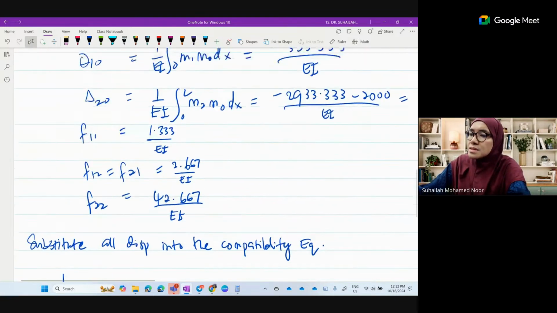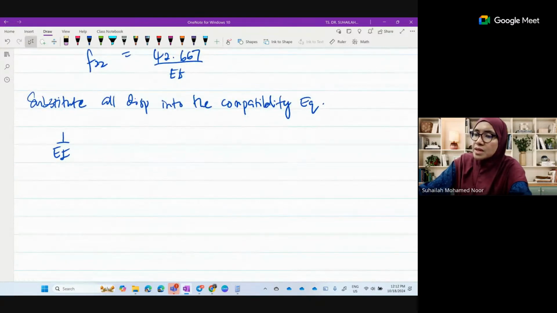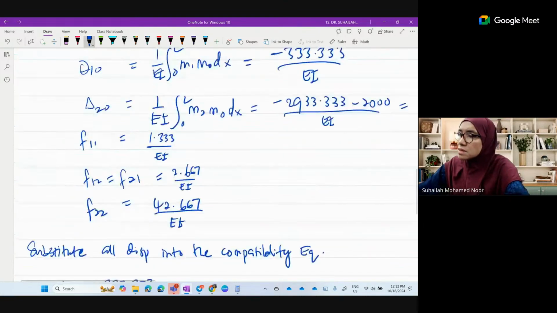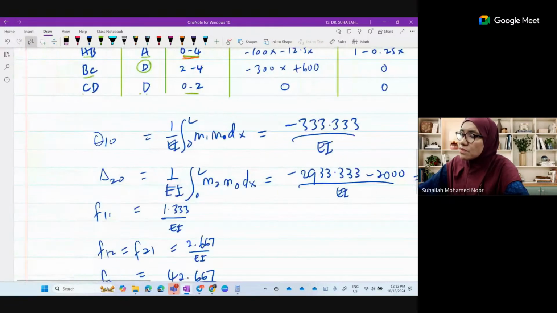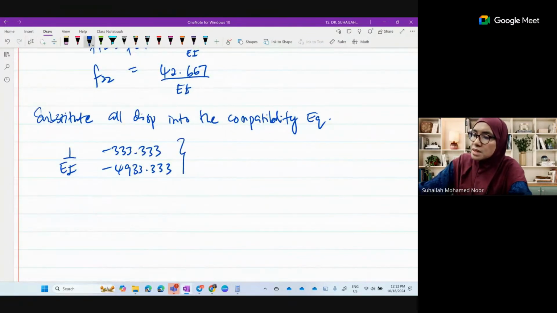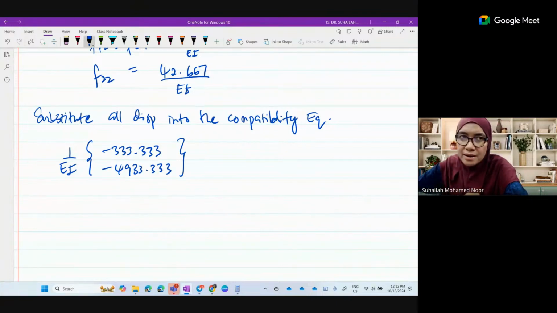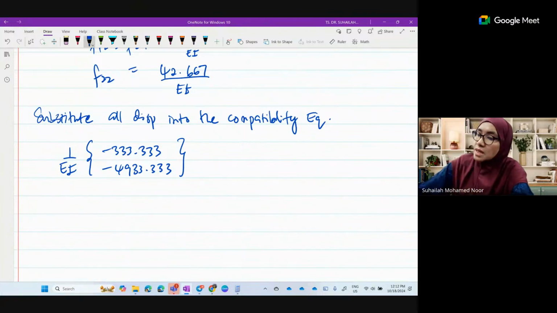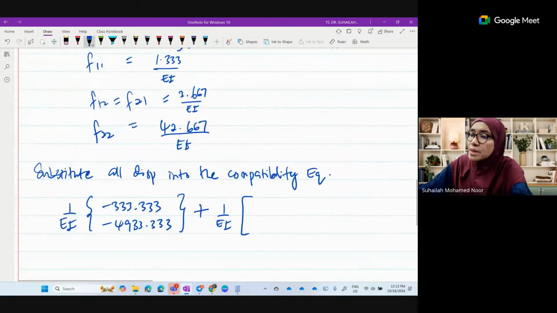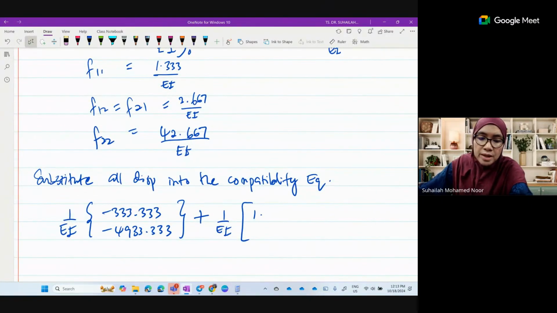Okay, yang ni the negative 333.333 tadi negative 4933.333 betul? 49 tadi kan? 4933. Okay, so this is for theta 1 naught and delta 2 naught. Okay, so plus F 1 over EI juga. EI matrix 2 by 2, it is 1 point,